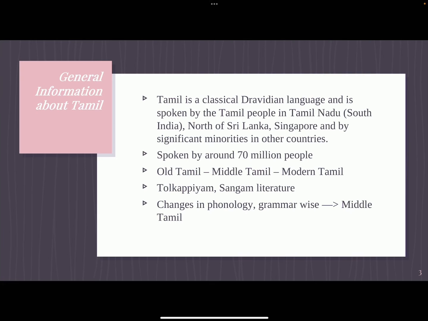Many literary works in Old Tamil have also survived. These include a corpus of 2,381 poems, collectively known as Sangam literature. These poems are usually dated to between the 1st century BC and the 5th century AD. The evolution of Old Tamil into Middle Tamil is generally taken to have been completed by the 8th century, and it was characterized by a number of phonological and grammatical changes. We will talk about them in later lessons as well.